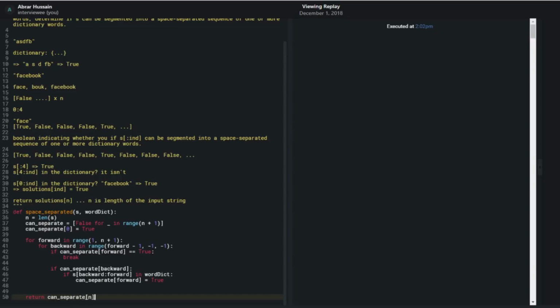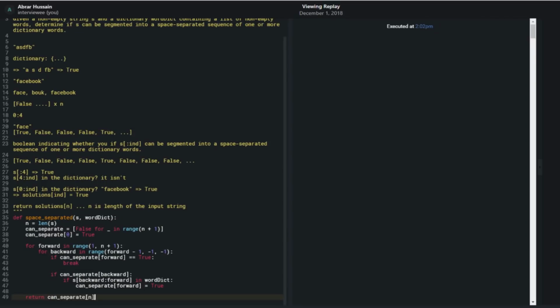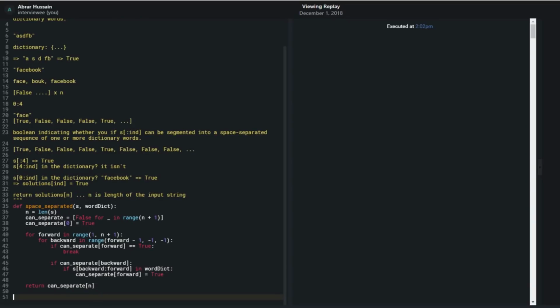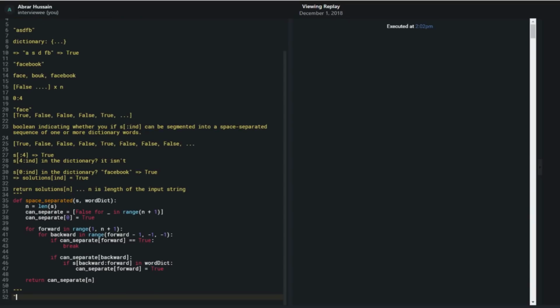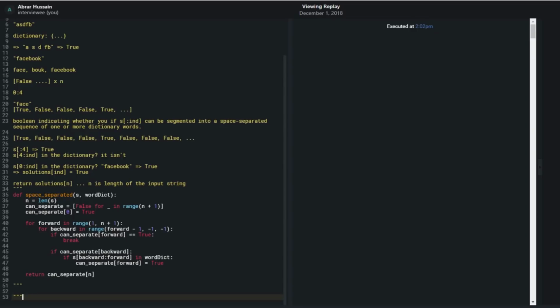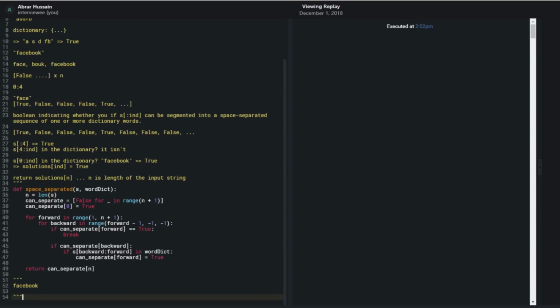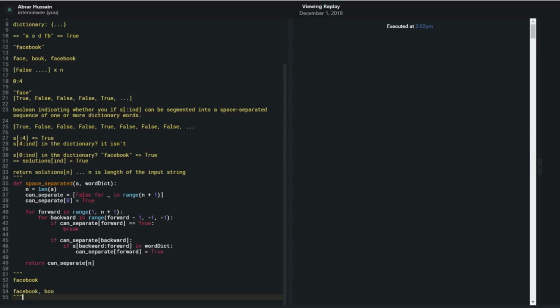So the easiest thing to do would probably be to just reason through a test case for this, because this does seem to be the translation of the idea we had in the actual code. Let's go again with Facebook, and then we have Facebook, and then Facebook. Or I guess more interesting, we just use the incorrect book spelling. So starting off, our n is going to be set to 8 based on the length of the